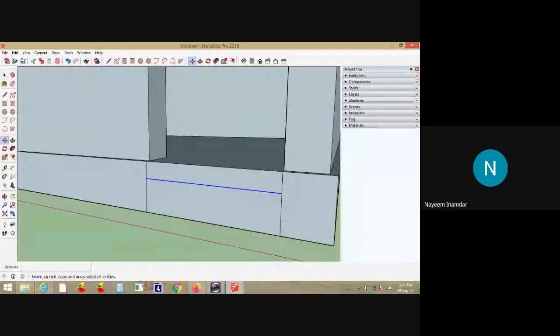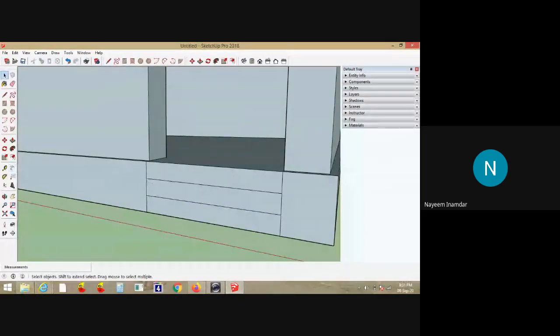I'll press control button here. When you press control button with the move command, this will start copying. I'll take reference of this point. From this point, whatever the line I have selected, that will be copied. So this will be the reference point, and I'll drop it here. Now I have moved this line, means I have copied this line 15 centimeter below the same line. You can cross verify it.